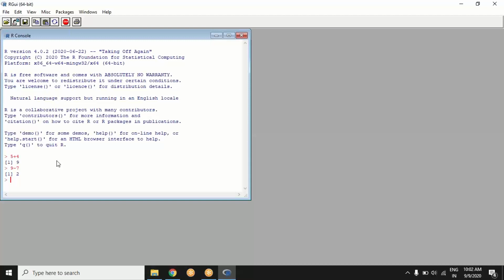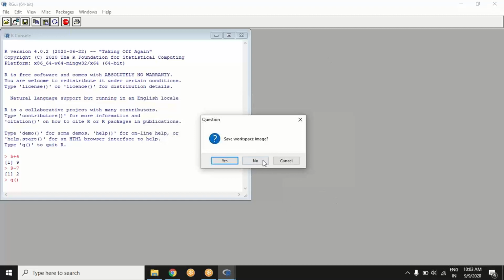But on my screen, you can see, if you want to give it a try, maybe you can open it in your machine. You will see that this is not very friendly, or it is a boring looking interface actually, if I say it. So we will see in subsequent sessions a few more reasons why we prefer RStudio.